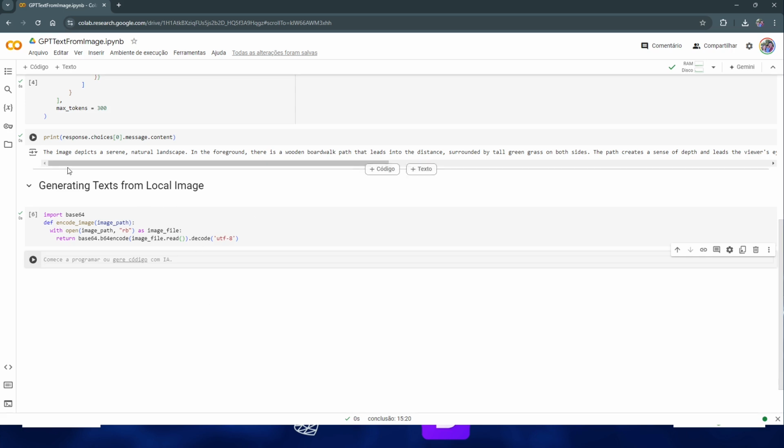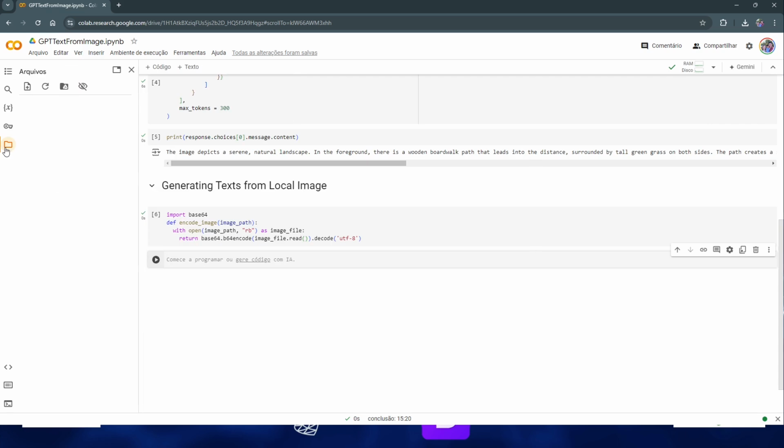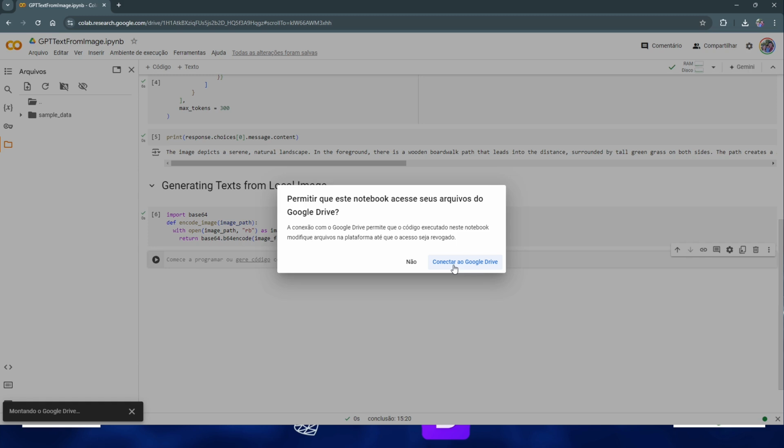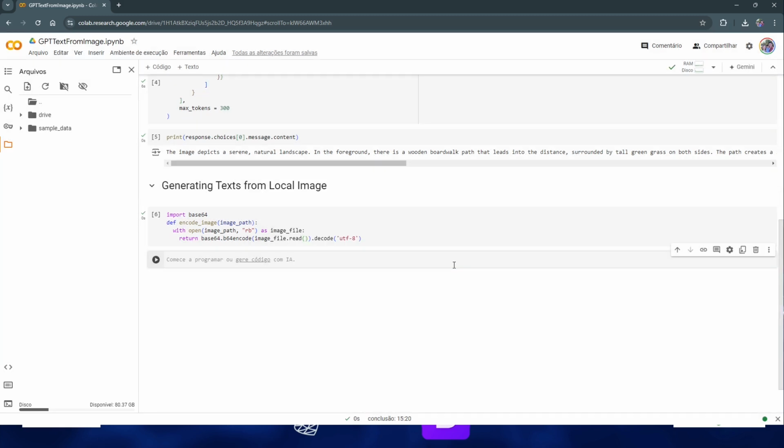Now let's test the function. For this, click in the folder button. You need to upload a local image by clicking in this button, or by connecting to Google Drive, clicking in this button. Clicking connect to Google Drive. If this is your first time connecting Google Colab to Google Drive, you will need to log in with a Google account.